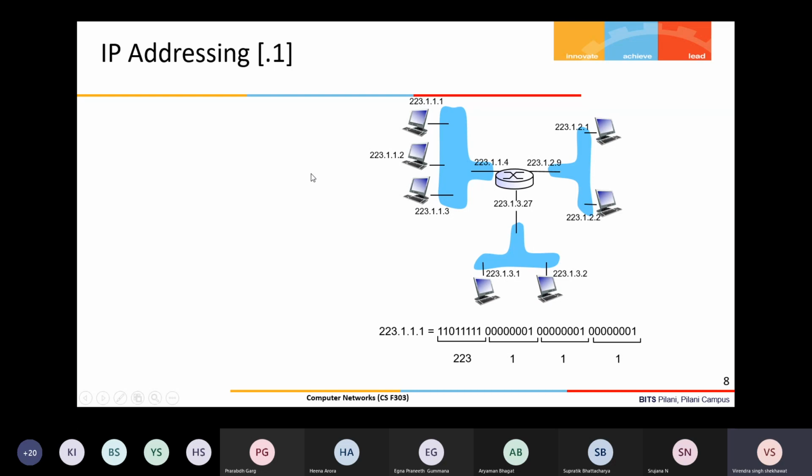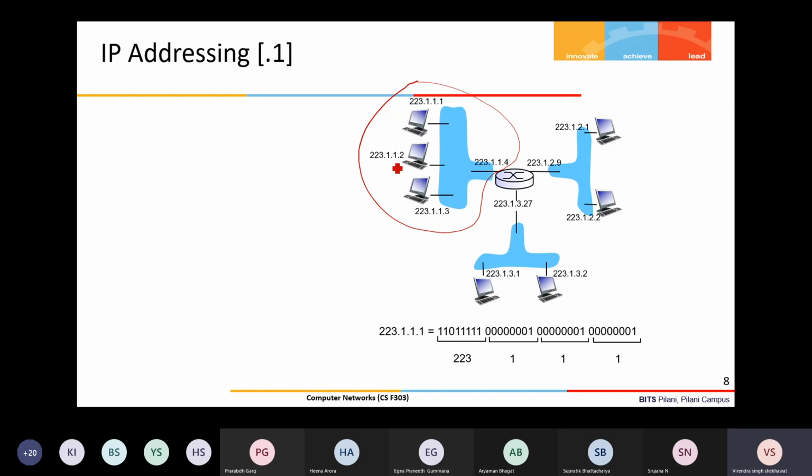So for that, I need to introduce you to this thing. Let us see this network. You can see one router is there, and this router has 3 interfaces, right? Let's first pay your attention to this interface of the router. To this interface, there are 3 machines connected, and each machine has an IP address. Just observe the IP address.